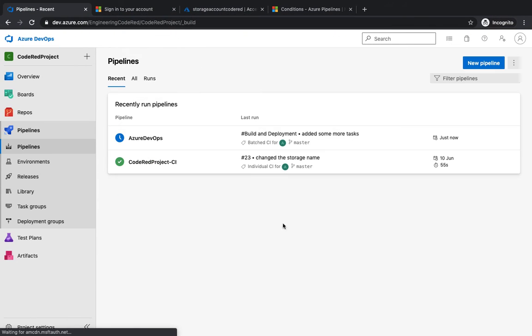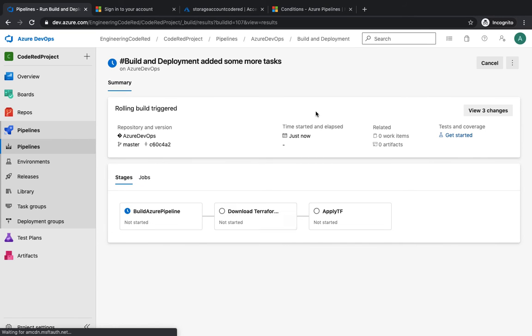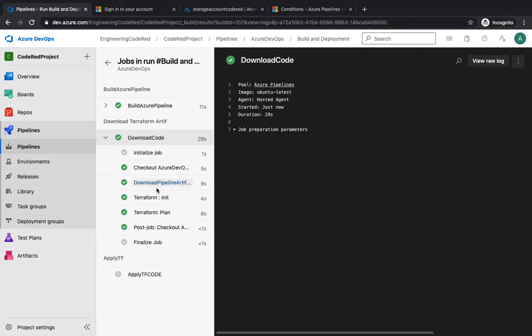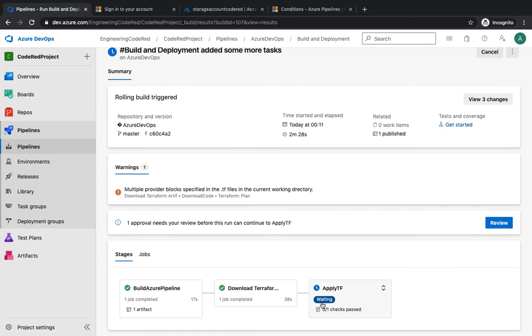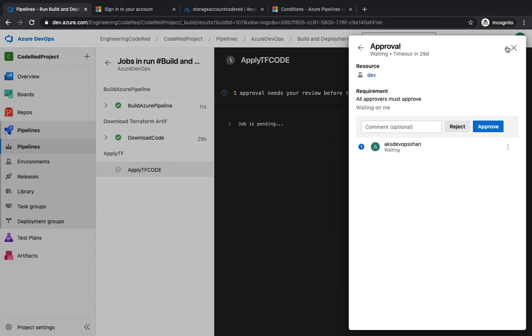Go back to our pipeline and see. We're gonna give it a few more seconds so that it reaches the second stage. Alright, so we've got the second stage completed right over here. You will see that all of the tasks are completed. Until all of the tasks are completed, it's not going to go to the next one. However, you would see that the third stage, which was apply TF, is still grayed out. Why is that so? If you go to the third stage, you will see that it has a flag called waiting. If you click on the stage right over here, it shows that one approval needs your review before this run can continue to apply TF,